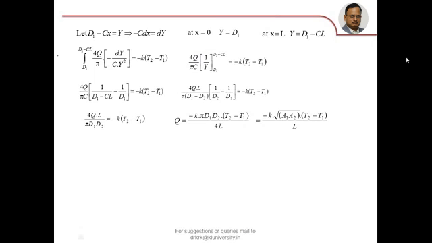We obtained this expression. Maybe in the examination some other relationship will be given, maybe parabolic or spandrel or elliptical, etc. For a spandrel, then keeping that functional relationship within the integration, you have to do the integration and obtain the